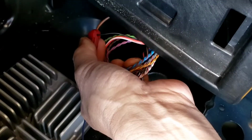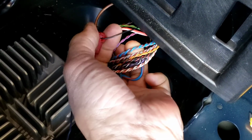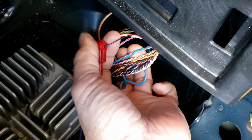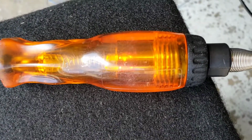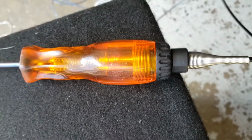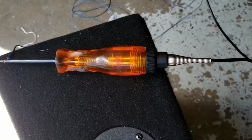There's only one little black wire right there. This black wire acts as a remote wire, but the problem is when you get out of the car and lock the door, it takes approximately 2 minutes. As you can see, the light is staying on, meaning that the amp will be on for almost 2 minutes. I kind of counted, it's almost 2 minutes. It could be a minute and a half, but I think a minute and a half is not going to